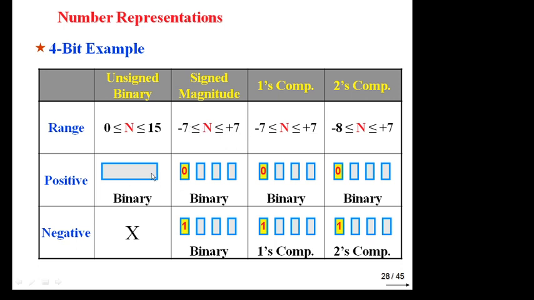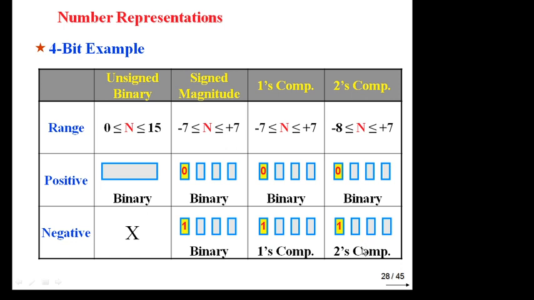In case of positive number, in all three methods, sign magnitude, 1's complement and 2's complement, the same method we use. Suppose this is +5, this is 0 1 0 1. In case of sign magnitude, +5 means -5: now -5, this is 1 and 101. In this, take 1's complement of this 0 1 0 1, and the answer will be this. In this case, 0 1 0 1, take 2's complement of this.